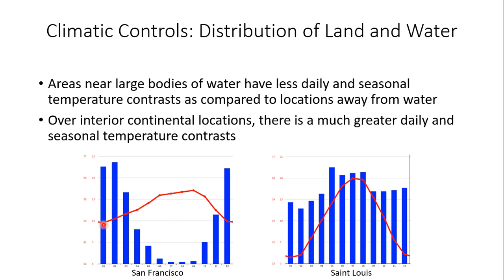Now, look at San Francisco. I want you just to pay attention to the red lines, these temperature lines. These are the average temperatures over the course of a year by each month for San Francisco, California. Now, notice your range in temperature throughout the course of the year is from about 50 degrees Fahrenheit on the far left in January up to about 63 degrees in September. Not a very large change, is it? From 50 up to 63, it's only a 13 degree Fahrenheit temperature change